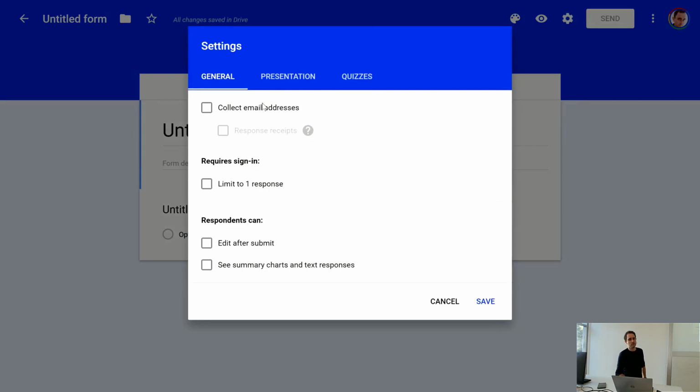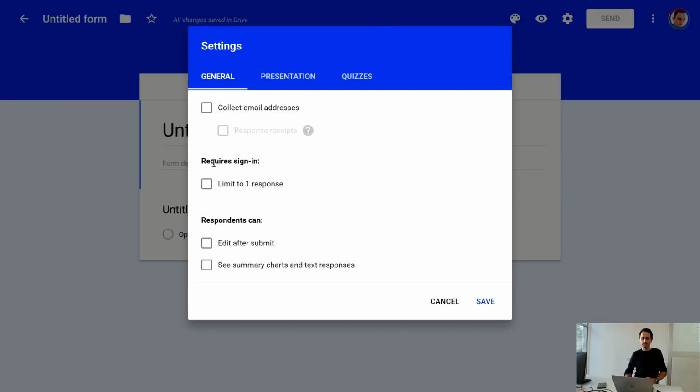You could, for example, collect email addresses, which would automatically add a field to collect email addresses, and you would then make this mandatory, and you could use that email address to send, for example, confirmations. Be careful, because since we have the new law regarding data privacy, DSGVO in German, we cannot collect email addresses without telling the people what we do with it. If you use this, you might be leaving the legal area and going into a gray zone, so be careful with that. We don't need to collect email addresses at this point,